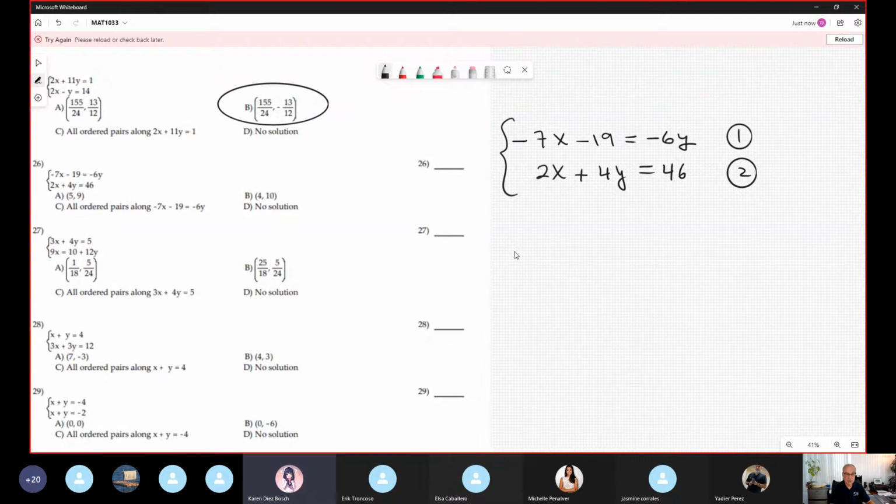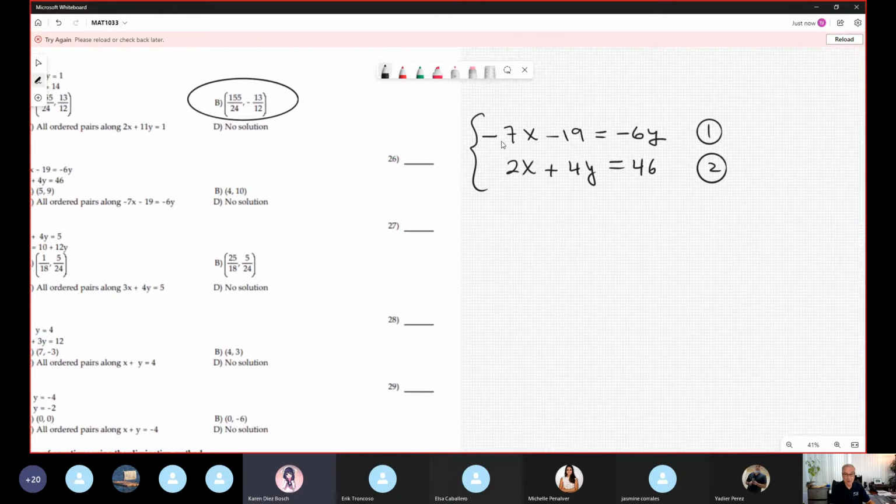or negative 1. The coefficients in front of the variables are negative 7, negative 6 for y, 2 for x, and 4 for y. No 1. This is not good for substitution. However, we are doing it by substitution, so I need to obey that command. So you decide what equation you consider easy. One fantastic way, guys, is to express it